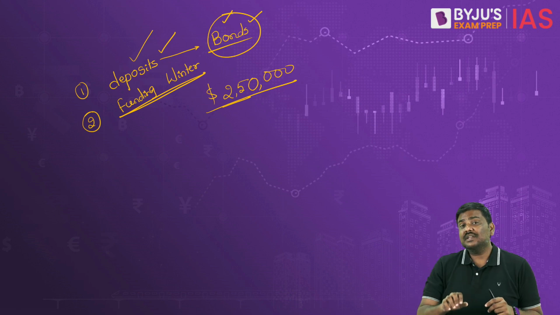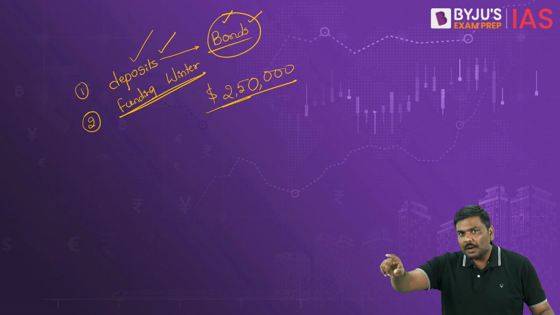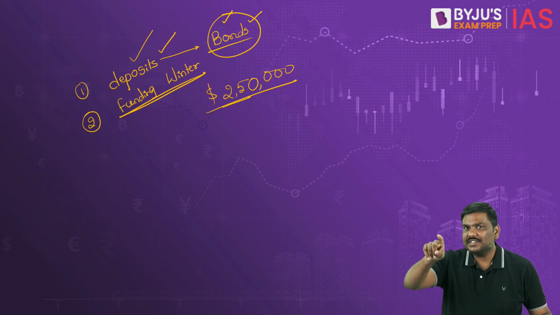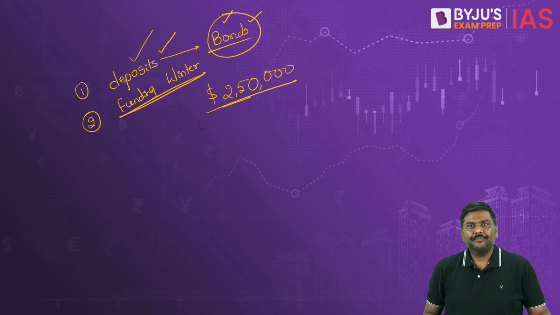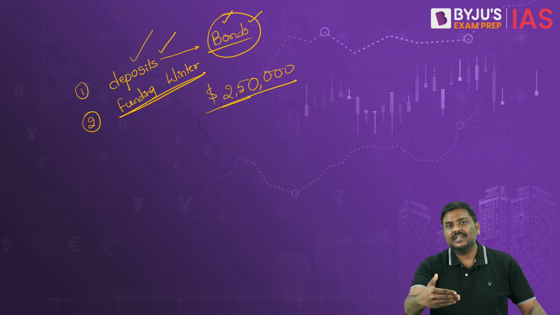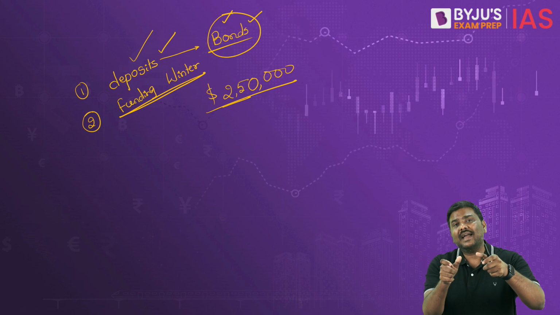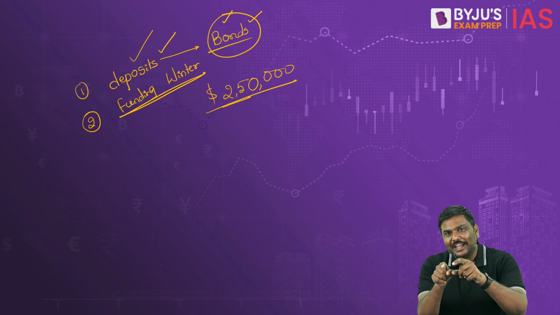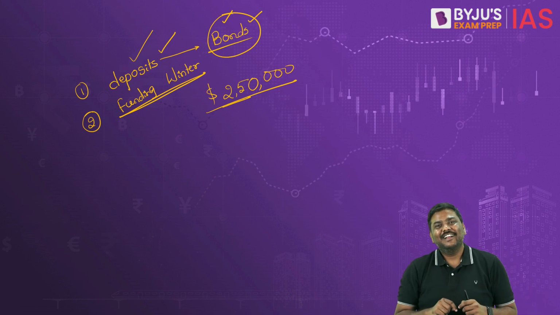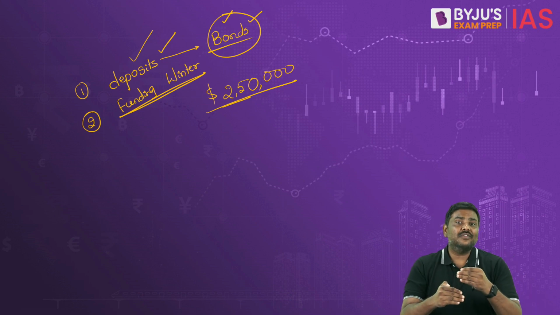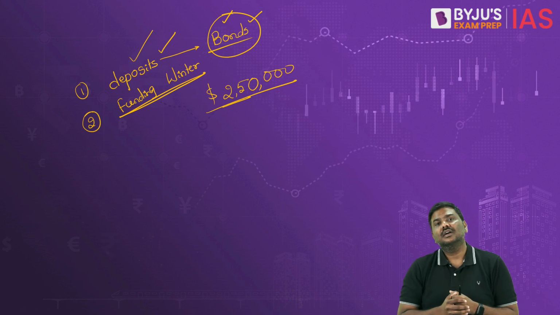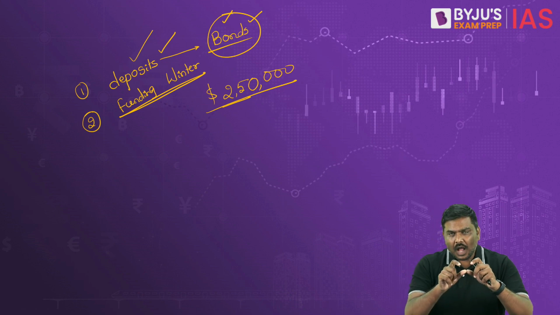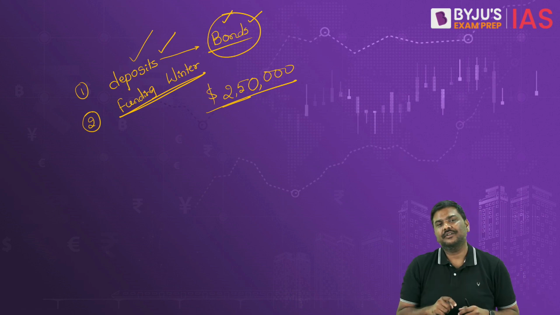But now some of you will simply say, sir, you are wrong. A couple of years ago, there was a crisis of similar nature, not the same, in a cooperative bank. My dear, that's the precise reason why even now cooperative banks, urban cooperative banks specifically, have been brought under the regulation of the Reserve Bank of India. The Reserve Bank of India has now been given more powers to control how these urban cooperative banks, or generally cooperative banks, are going to function.